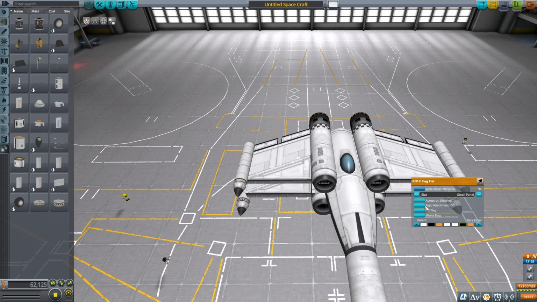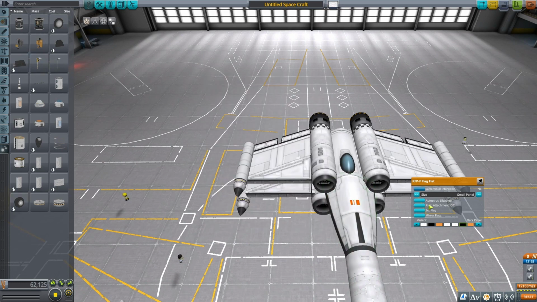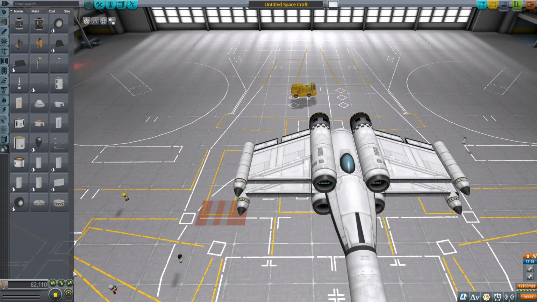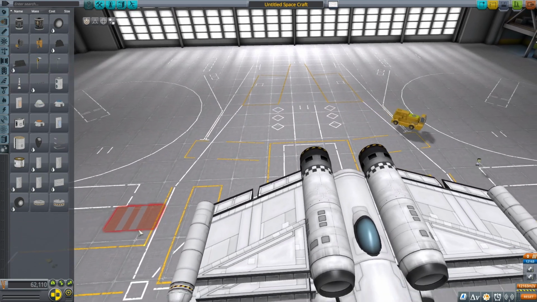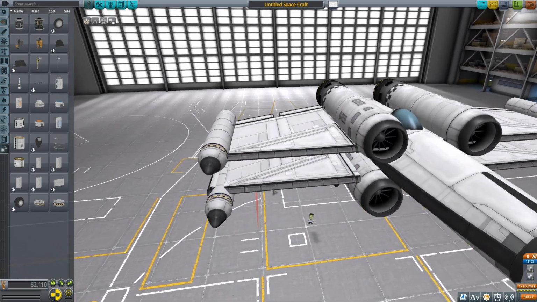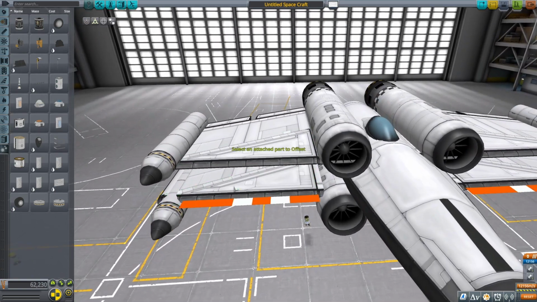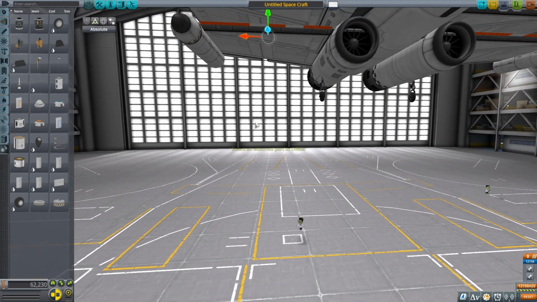The decals are completely optional, but if you want to, take the flat flag, set it to the stripe pattern, remove the background, and scale up to the maximum size. Place it on the wings and adjust to be flush with the leading edge. Offset it to be as flat as possible with the wings, and it will look like you are part of